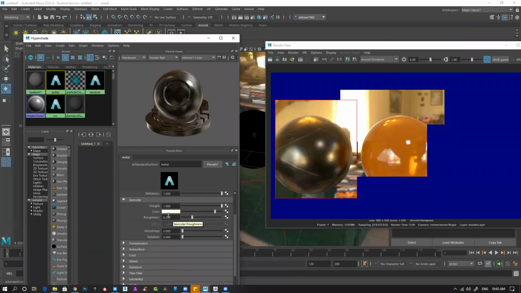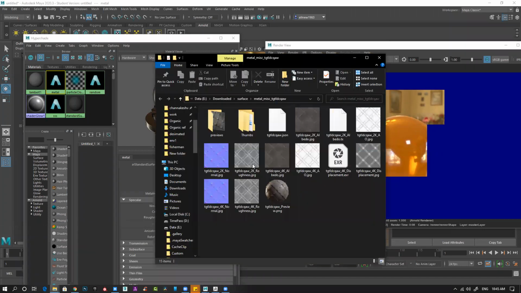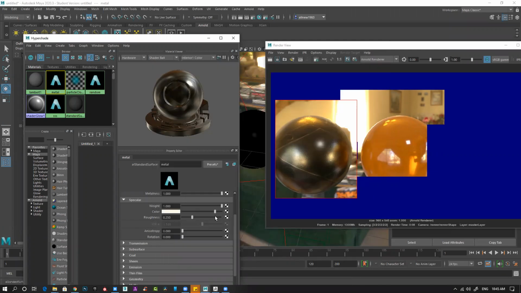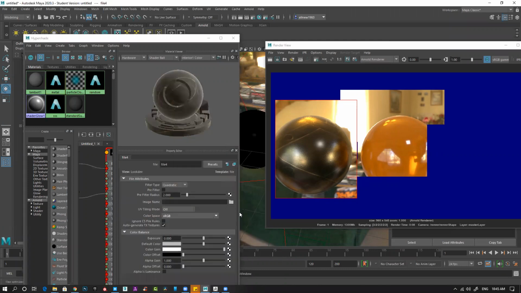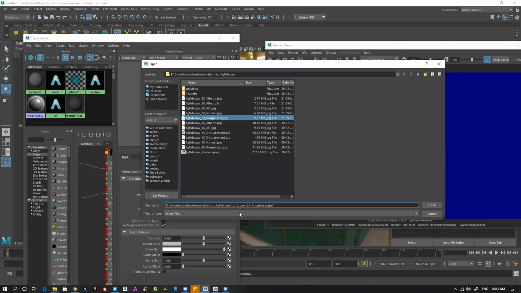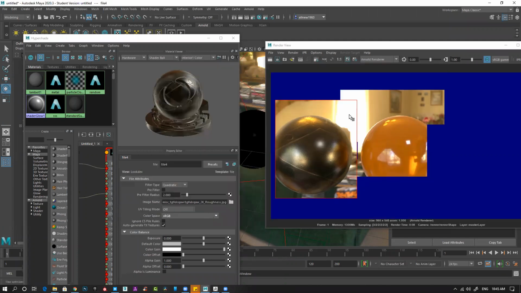But we have a roughness map as well. If you go and check, we have a roughness map here. So what I'll do is right click, copy path, roughness map, click on this, file, and roughness, select.